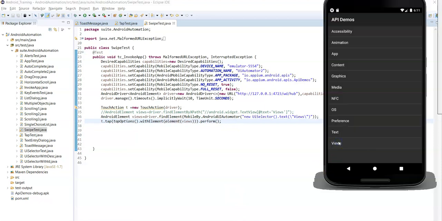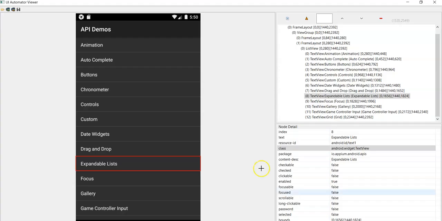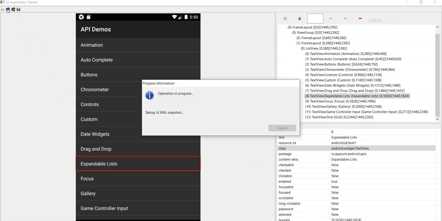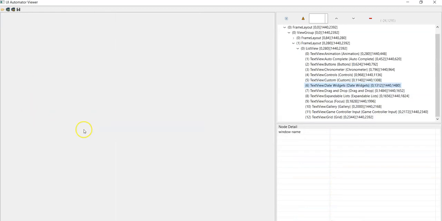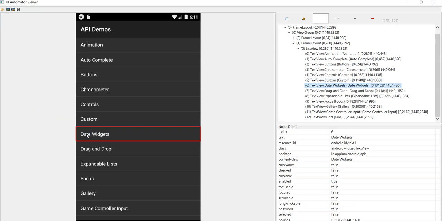Now after tapping on views, again we need to tap on date widgets. For that we need to identify the locator of date widgets first. Go to UI Automator viewer and click on device screenshot icon to capture the screenshot. Now identify the unique locator for date widgets.